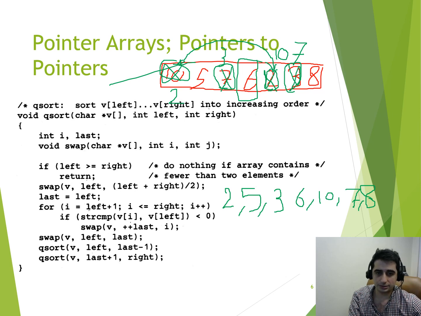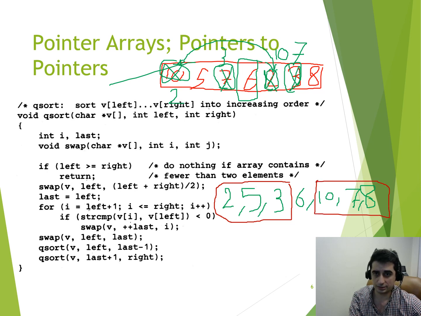In the next level of recursion, quicksort is normally implemented recursively. We're going to only focus on the left-hand side of the pivot as a subarray and the right-hand side of the pivot as a subarray. So you see this quicksort with the left and the right index that represents the